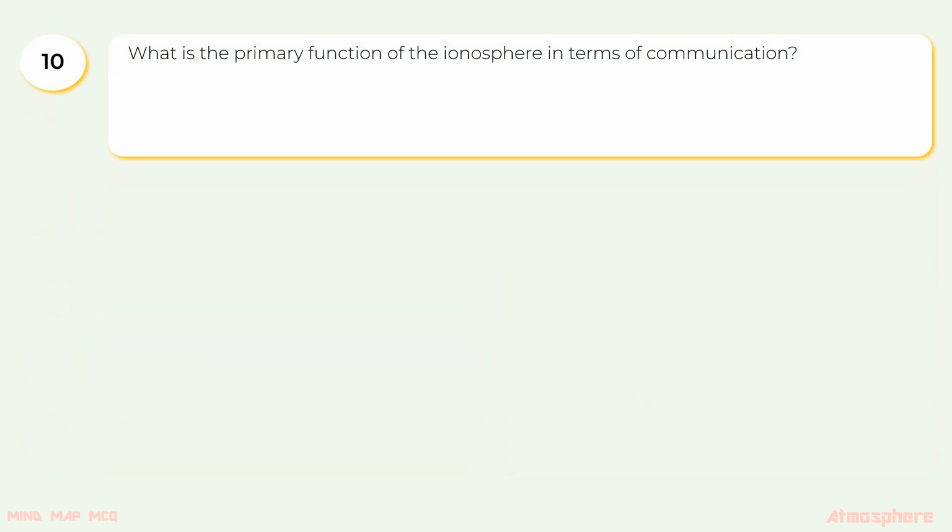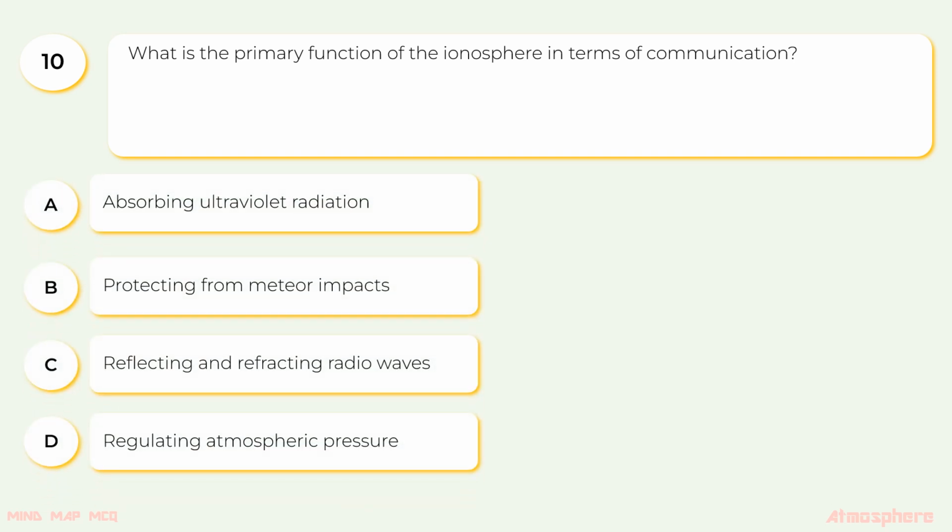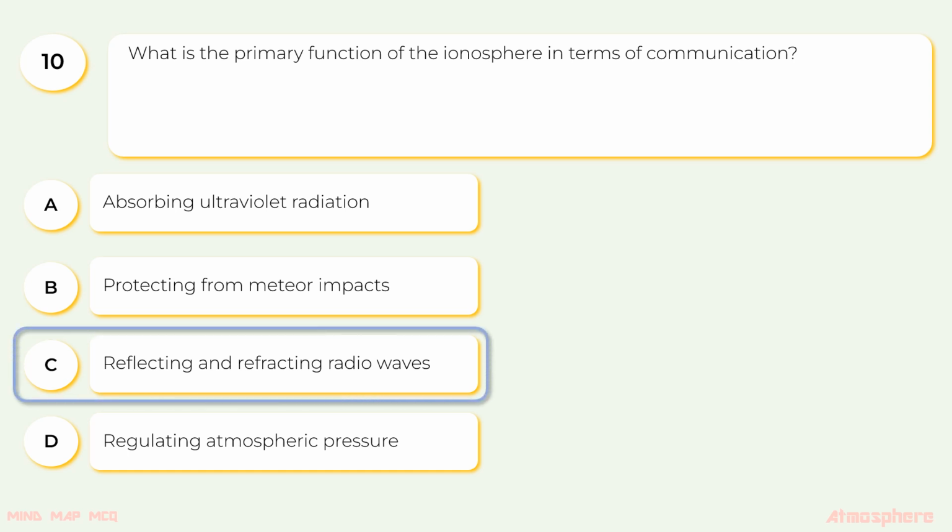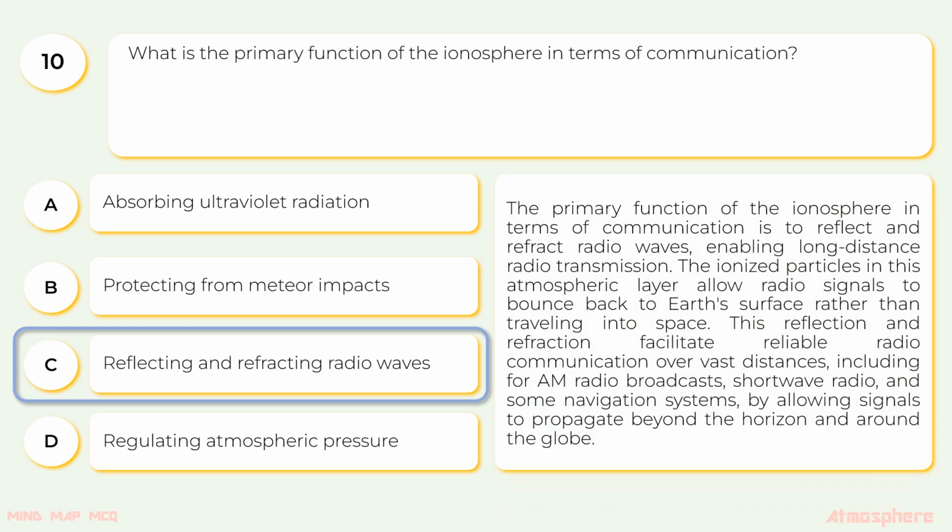10. What is the primary function of the ionosphere in terms of communication? The options are A. Absorbing ultraviolet radiation, B. Protecting from meteor impacts, C. Reflecting and refracting radio waves, D. Regulating atmospheric pressure. The correct option is C. Reflecting and refracting radio waves. The primary function of the ionosphere in terms of communication is to reflect and refract radio waves, enabling long distance